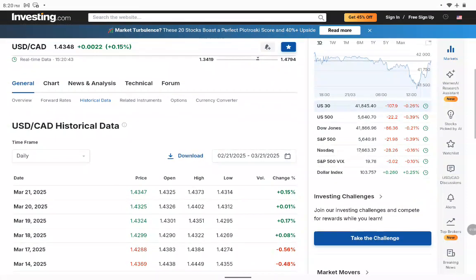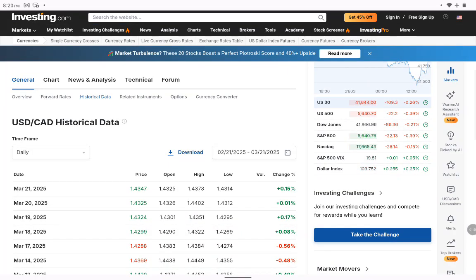Based on my algorithm, I take the open, high and low of the currency. So right now it's open here